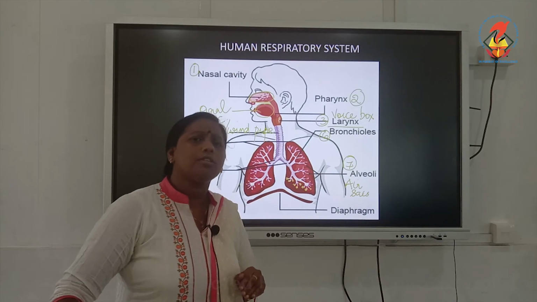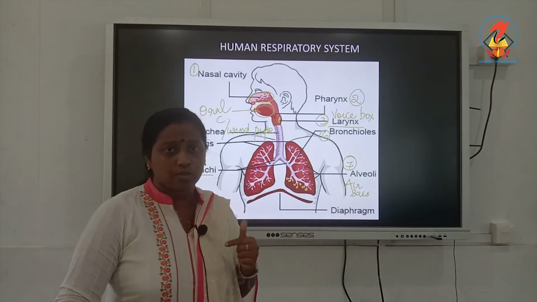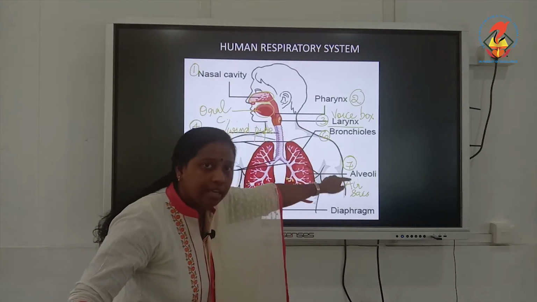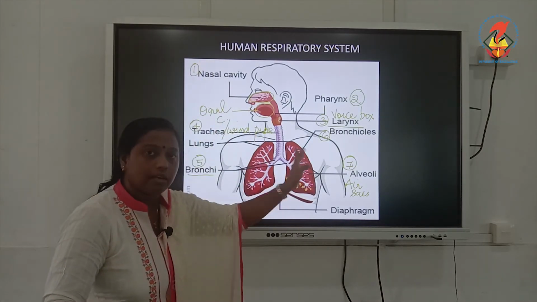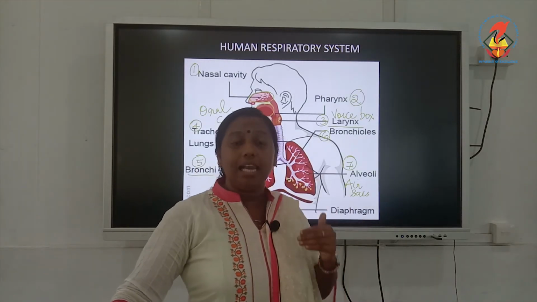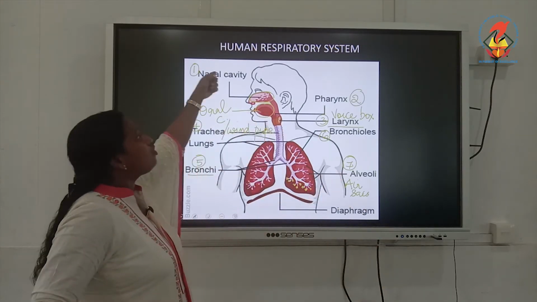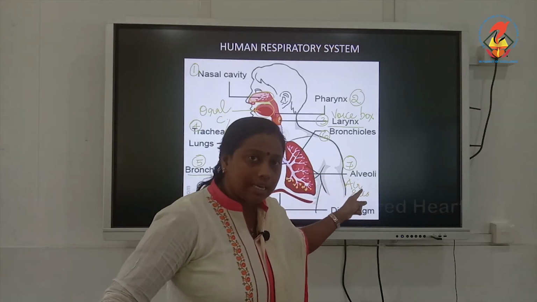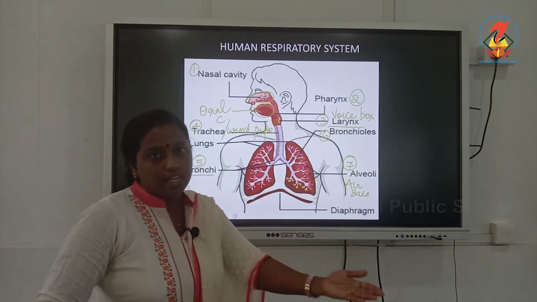Now during the process of breathing, what happens in your body? You will take air through your nose. Through all those parts, right from part number 1 till 7, this air will be passing. So from 1 to 7, that is the path of air during inhalation. And when you are exhaling, what is happening? From 7 back to 1. Is that clear? So, from 1 to 7 during inhalation, from 7 back to 1 during exhalation.